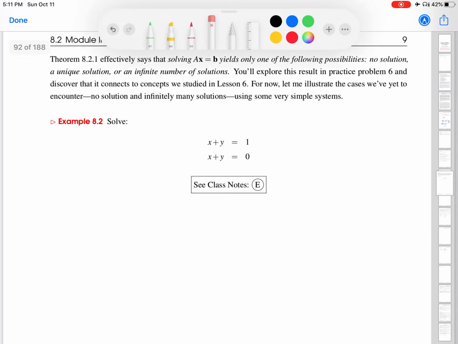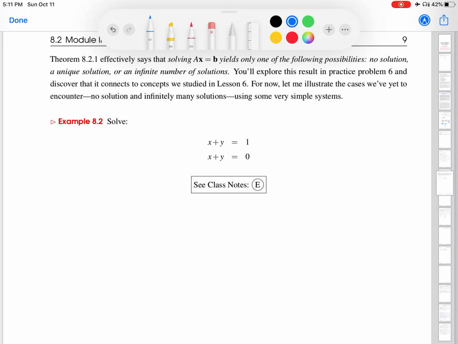So this class notes asks us to solve this system, and the hint that I give above it is that in these examples we're going to see how no solutions and infinitely many solutions, how those cases pop up in these linear systems. So we kind of already know to expect one of these two, and to be frank, there's not a lot of